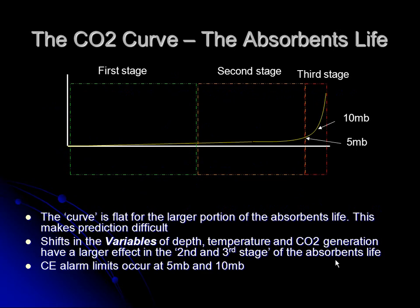So let's talk a little bit about the CO2 curve. Most of you are probably aware of this. When you first fill a rebreather with a fresh absorbent cartridge and you start to dive, if you look at the output of the stack on a gas analyzer, you should hopefully see 0 millibars of CO2. And for the majority of that dive, or dive sequence, you'll get a flat line on the system for a very, very long period, hopefully, if the rebreather is designed correctly. And then slowly you get a rise in